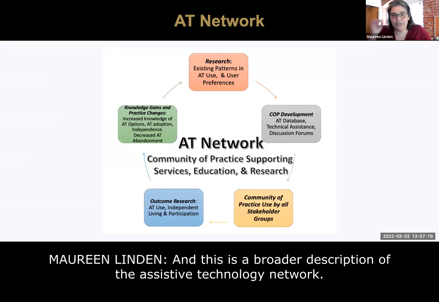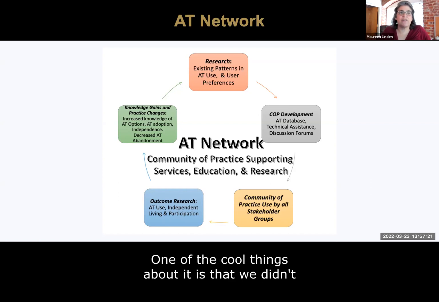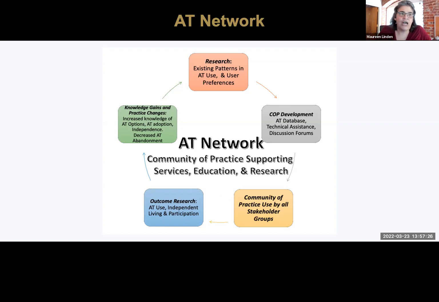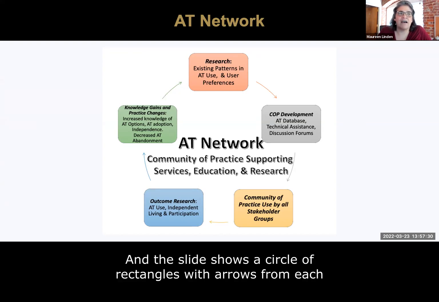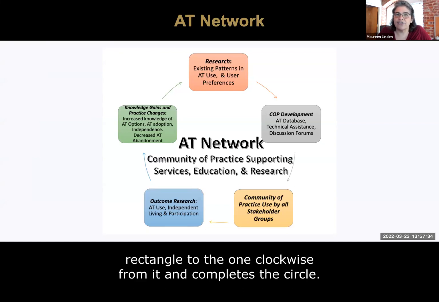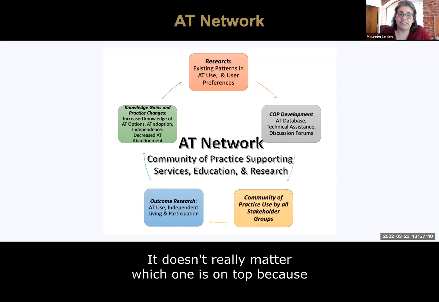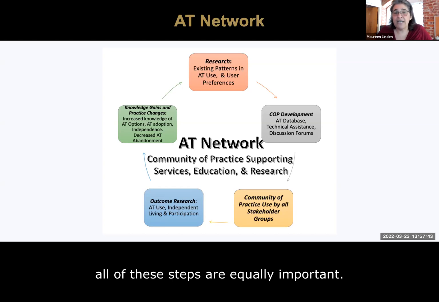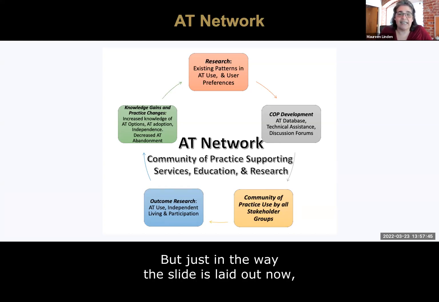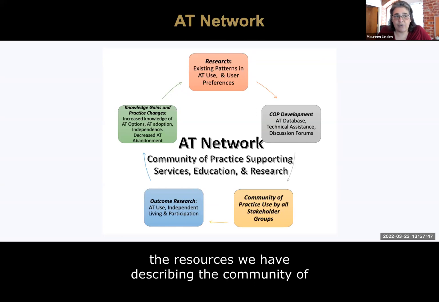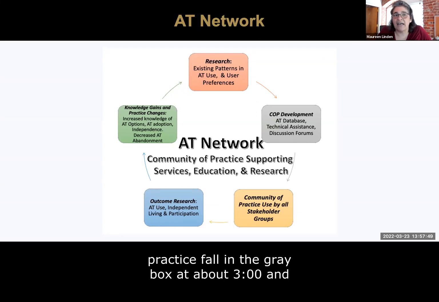Okay, and this is a broader description of the Assistive Technology Network. One of the cool things about it is that we didn't forget to include the ongoing research, which is one of the things that we hope will make the project sustainable. And the slide shows a circle of rectangles with arrows from each rectangle to the one clockwise from it, and it completes the circle. Doesn't really matter which one is on top because all of these steps are equally important, but just in the way the slide is laid out now, the resources we've described in the community of practice